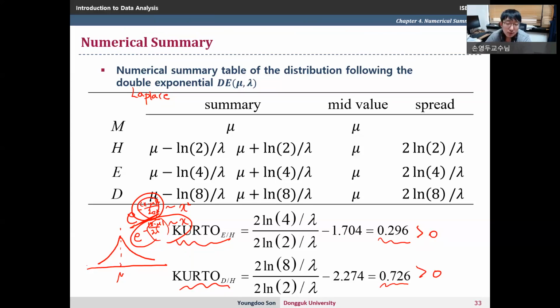So this is how we can use the numerical summary table of the normal distribution, for the kurtosis and mid-values. Okay. And also the mid-value of this double exponential distribution is the same, so we can easily infer that this distribution is symmetric. Okay, that is the